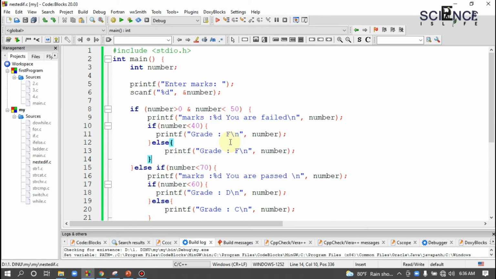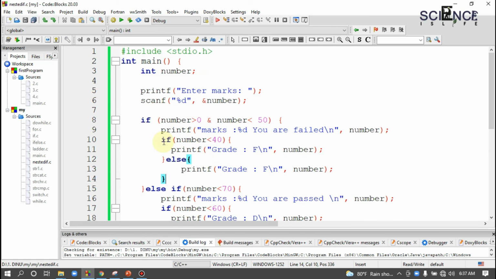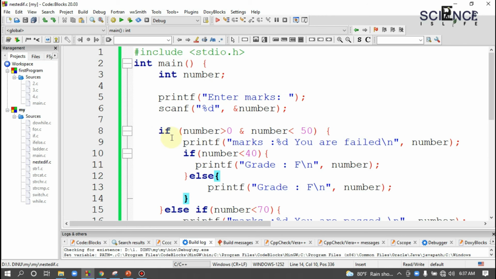How am I going to use nested if else? So if my number is greater than 0 and less than 50, then I need to check another condition here. So I am using a nested if else within this if structure, right? This is the if structure. Within these brackets I am going to use another if else